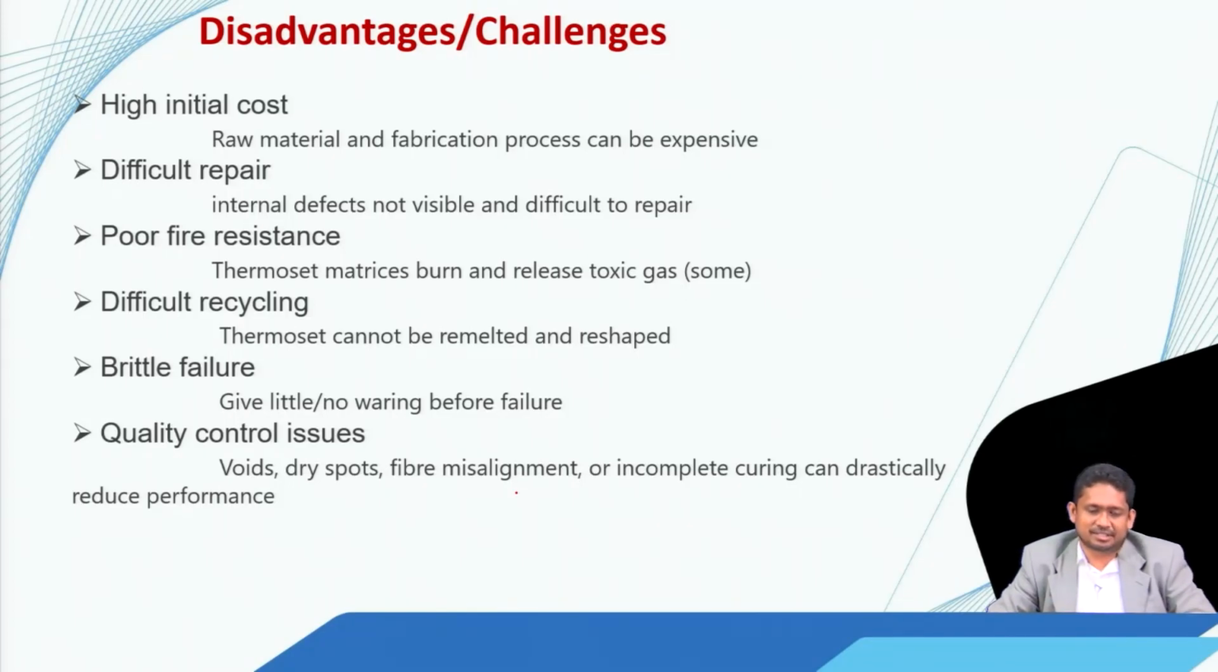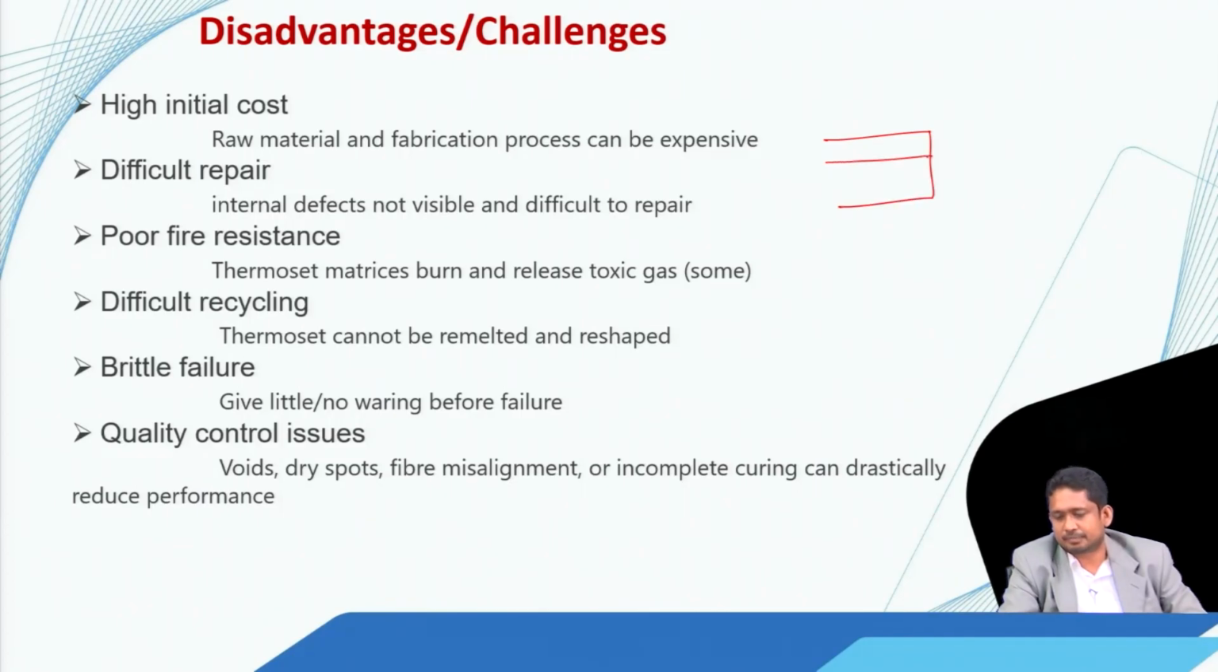There are some disadvantages. First, high initial cost; raw material and fabrication process can be expensive. It is difficult to repair. Composites are prone to various defects, and many times these defects lie inside. So if I have a composite laminate like this, it is made of different layers. Many times we will get defects in between two layers. So the two layers detach from each other, we call it delamination. And apart from that, there are other defects like matrix cracking, fiber breakage,